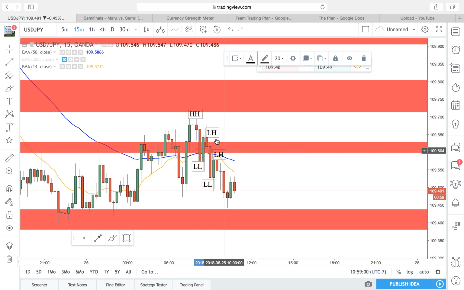So this is where my structure was. So see this zone here? You can see this little minor. We broke past. So this is the highest high. This becomes lower low. Now we have lower high. It's retesting resistance. Boom. Break support again. It broke the support. Overall touching the support. Making another lower high. So you can see that this was 2-1 confirm. 2-1. And then 2-2. So you have higher high, lower low, lower high, that's 2-1, 1-2-1, 2-2 for 2-2 confirm for change of trend in structure, followed by higher